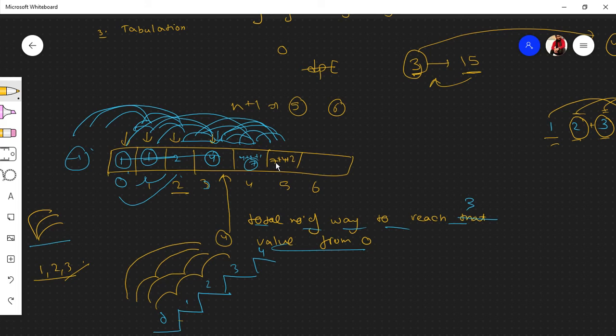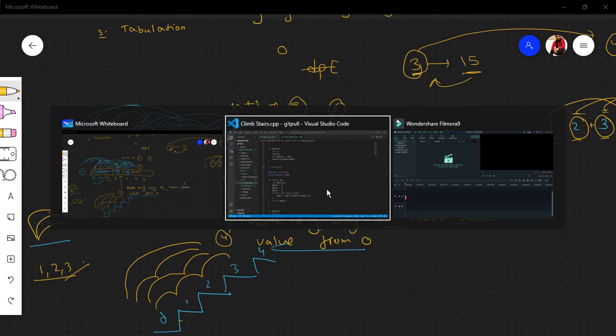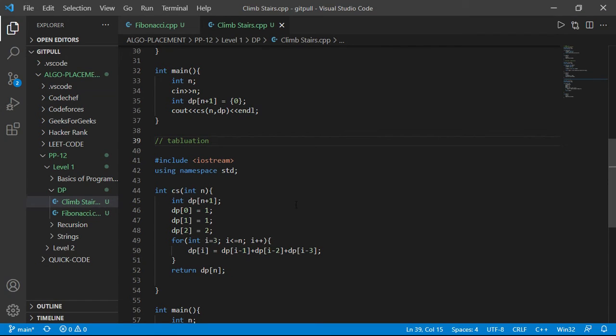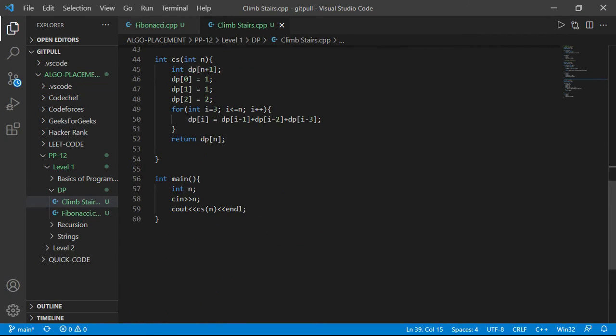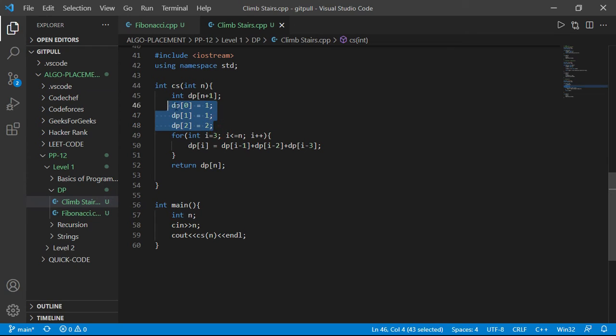So that's it for the code, and I'll explain it and run it also. We have declared dp of 0, 1 and 2 because these are constant values that cannot be changed. There is a single way for reaching 1 and two ways for reaching 2 when 3 jumps are allowed. After that we start including 3. What I'm doing is checking the previous second and the previous third, adding the values, and then returning the last digit.